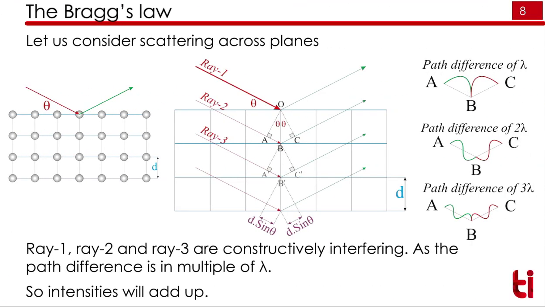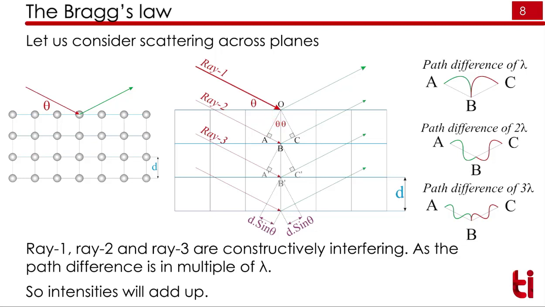So again, an example of Bragg's law. We have planes here. The distance between these two is d, the interplanar spacing. The incident angle is theta. If the incident angle is theta, you can see here that this total angle is 90 minus theta, and if this is 90 minus theta, this angle will be theta.